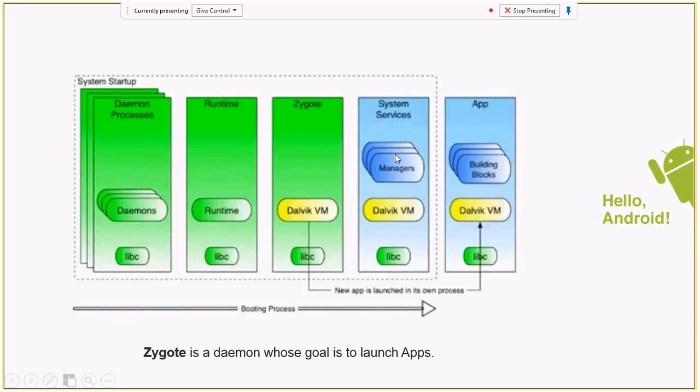It will sleep until you request or launch an app, wherein this process is forked out to run your app. So that's how it manages to give nice performance on the device. The whole process is forked out with a new process ID and user ID, and then your app runs.